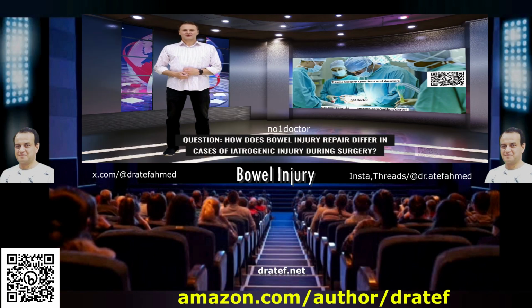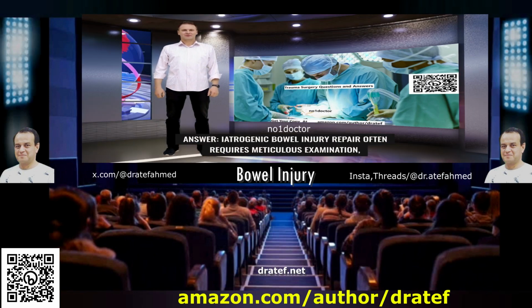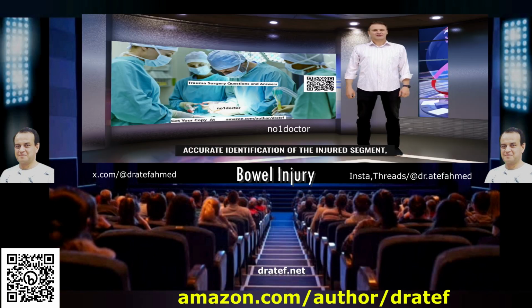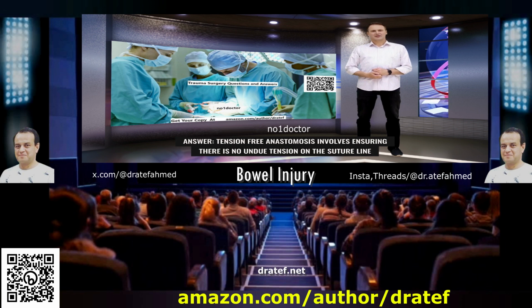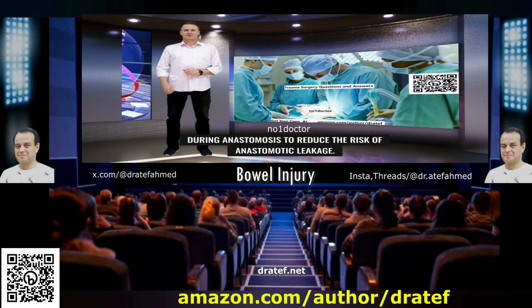Question. How does bowel injury repair differ in cases of iatrogenic injury during surgery? Answer. Iatrogenic bowel injury repair often requires meticulous examination, accurate identification of the injured segment. Question. What is the role of tension-free anastomosis in bowel injury repair? Answer. Tension-free anastomosis involves ensuring there is no undue tension on the suture line during anastomosis to reduce the risk